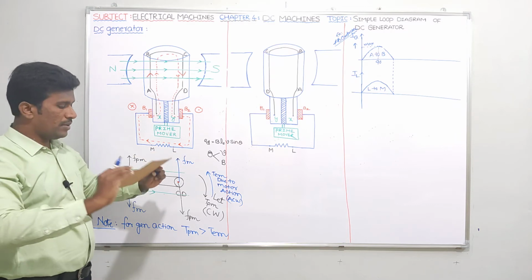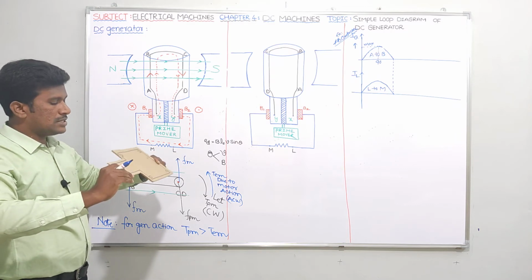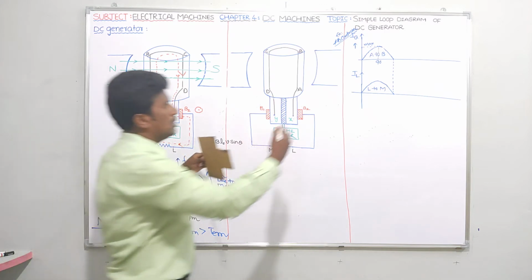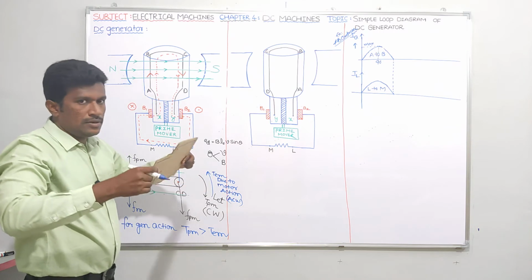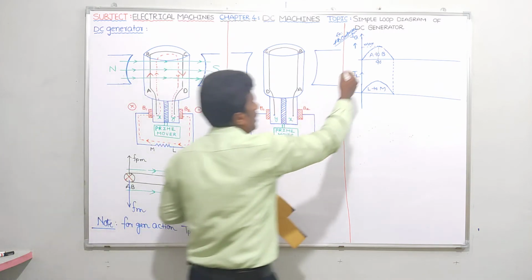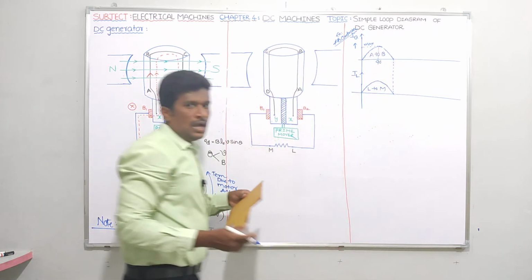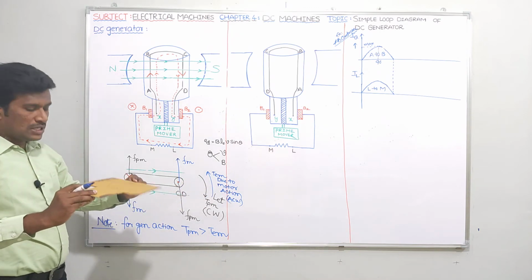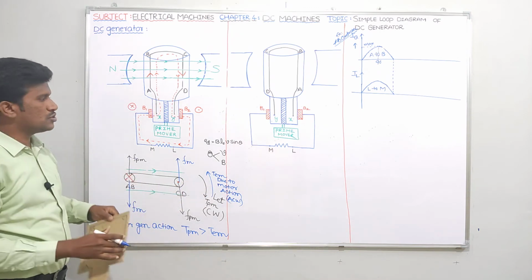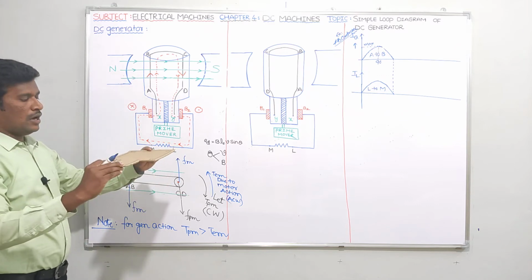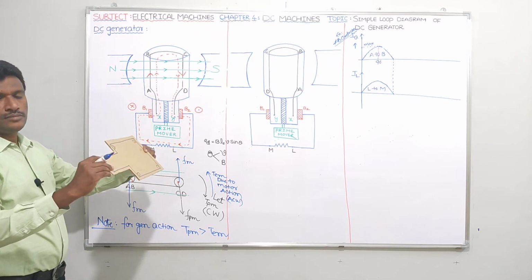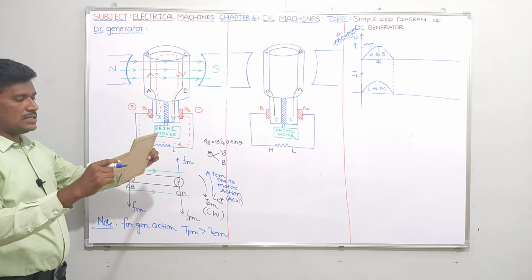Okay. So from here, if you rotate like this up to this portion, you'll get this portion. From 90 degrees, if you rotate once again like this, this is what you are getting. And from this portion, if you rotate once again, you will get some negative cycle. Let us assume that. So in this case, initially AB is here, after 90 degrees it is going here. Next it is coming like this.